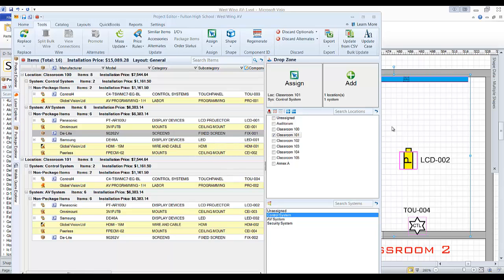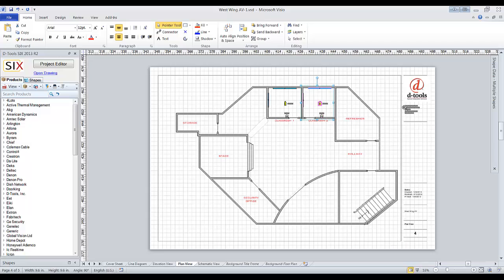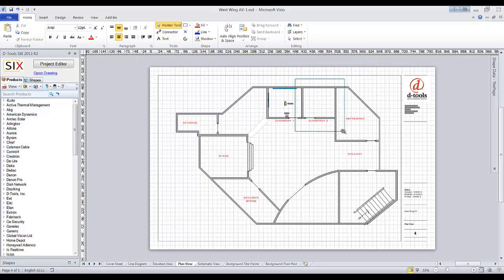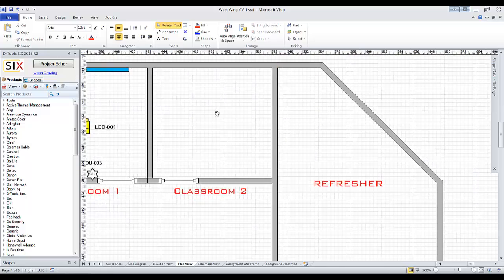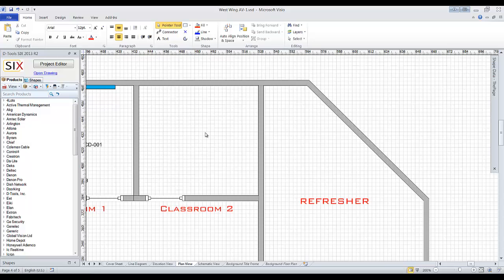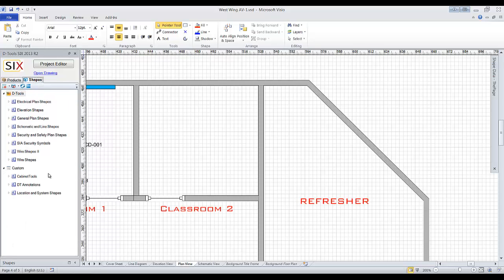Some other things here in Visio, real quickly. Let me zoom out, and in fact, here, we'll just delete these items off of here. Is the location and system shapes. We had something similar to this way back in version 3. But we brought these back here, because we often get the questions like, oh, when there's a floor plan in Visio and you drag a shape over, does it automatically assign to the location? It's like,